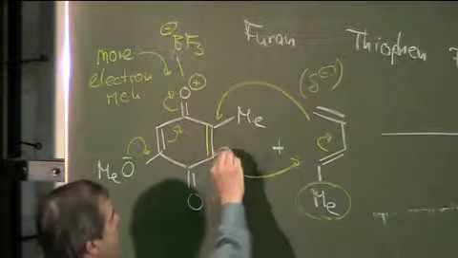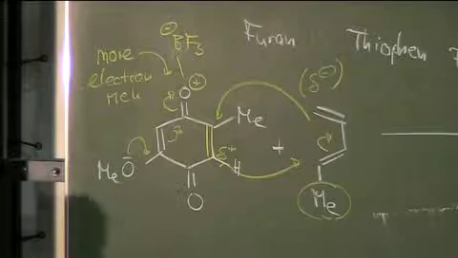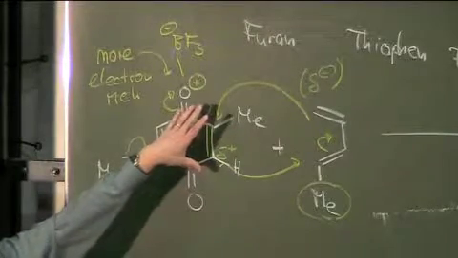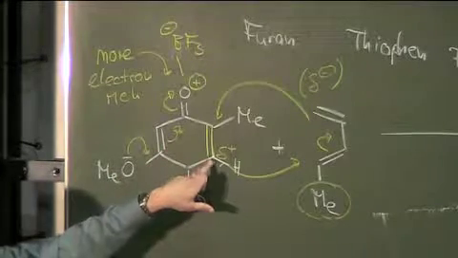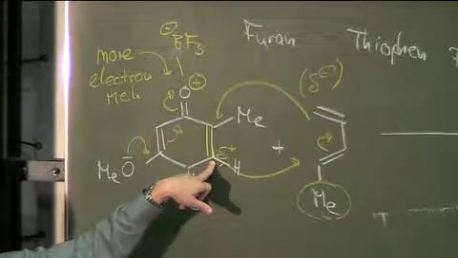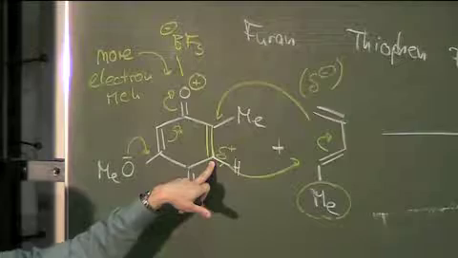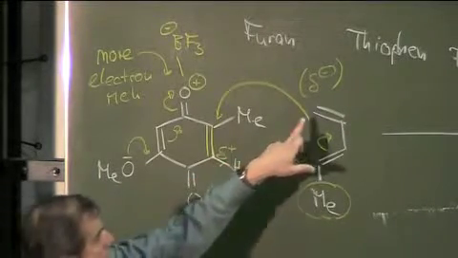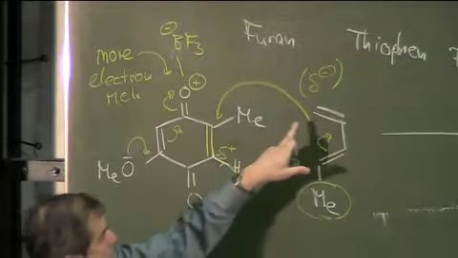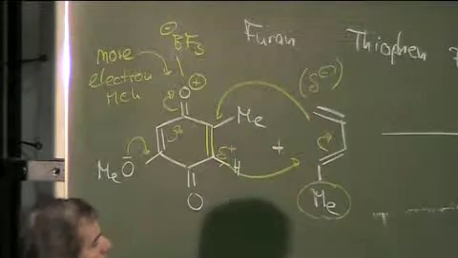And so what is happening this way? This way, electron density is withdrawn from the alpha-beta unsaturated system, but of course, again by a resonance argument, it is specifically withdrawn from this carbon here. And now if this carbon is more the delta plus carbon and this carbon is more the delta minus carbon,